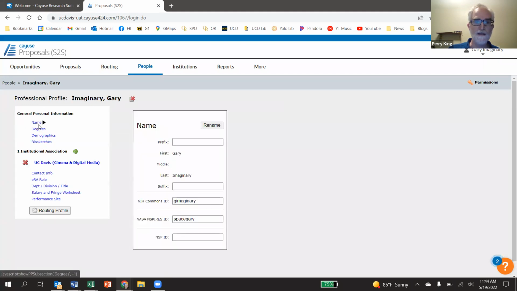of sections to a profile. But before I walk you through those, I want to show you how someone could delegate access to you, so that you could edit their proposal on their behalf. And so to do that, have them come to their professional profile the same way we just did, by going through the Cayuse Research Suite to Cayuse 424, then selecting People in the top toolbar, and then searching for their